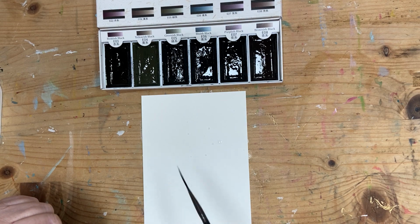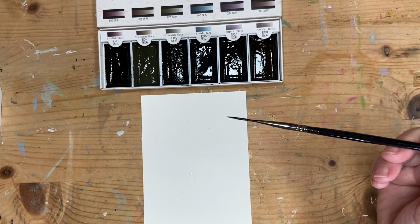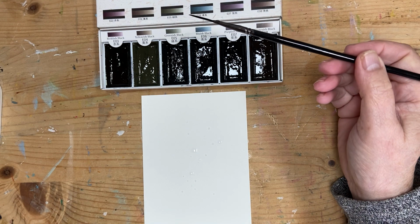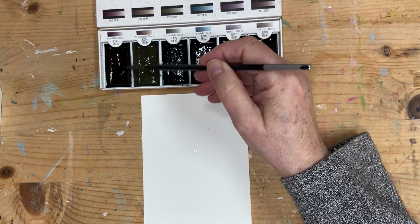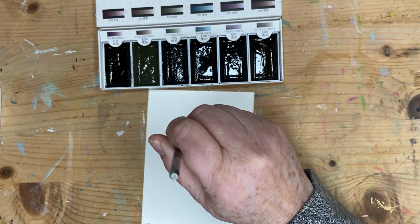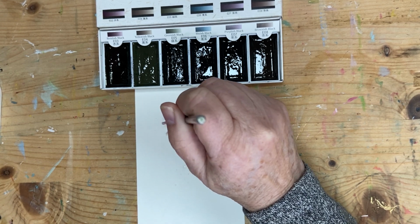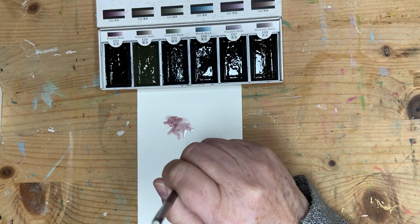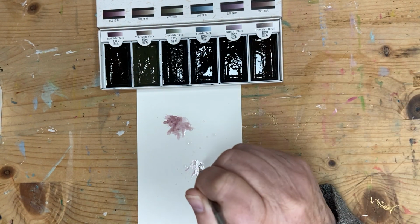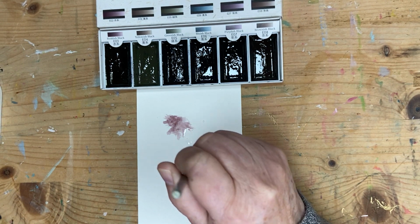I'm just going to lightly sprinkle some water on. I'm going to use my dagger or my liner brush, and I think I'm just going to go into the reddish black. And I'm just pushing my brush down, just getting some spiky kind of movement going on, and I'm using my brush downwards, and I'm splaying those hairs out on the brush,